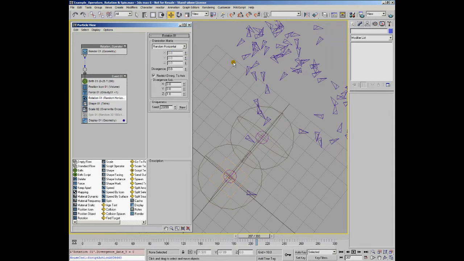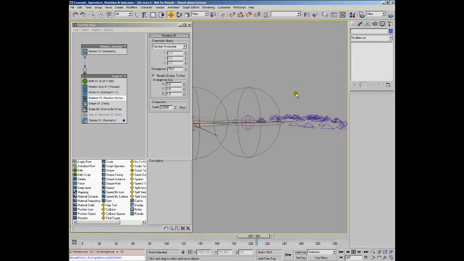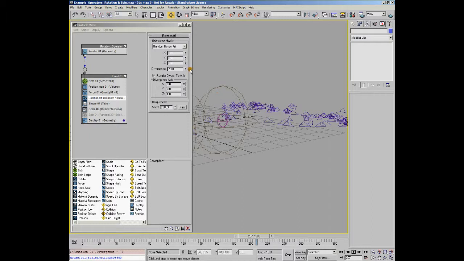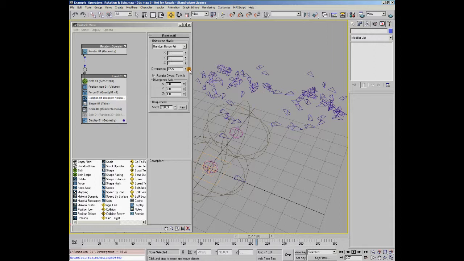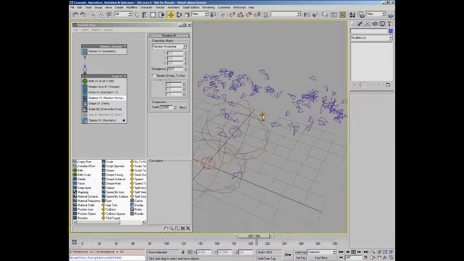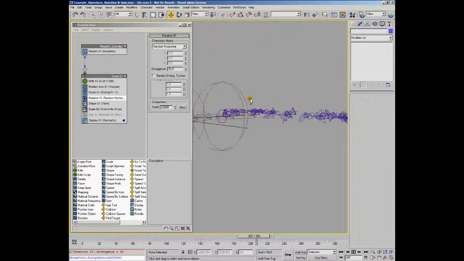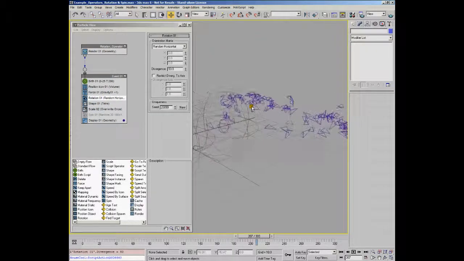One other thing you can do with this option is to put a little bit of divergence into the rotation. If I put the value up to quite a high value here, you can see that the divergence is still constrained just to the horizontal axis. So in this case all you're doing is putting some variety on top of what is already a random value, so you're not really getting that much more out of it. But what you can do is change, you can see here, restrict divergence to axis. If I turn this off, you can see now that the particles have gone off the horizontal axis, and now it's acting a little bit more like